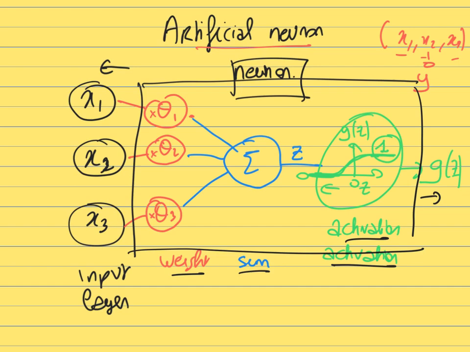For this, we are going to add an extra parameter which captures how easy it is to activate this function. And the way we are going to do this is to add a bias. A bias will tell you roughly what is the threshold value that you need to exceed when you combine those inputs, when you multiply them with the weights and take their sum. In this case, so far, the threshold is just 0. If z is larger than 0, you will have a lot of signal being transmitted. If z is lower than 0, you will have not so much or maybe no signal transmitted at all.